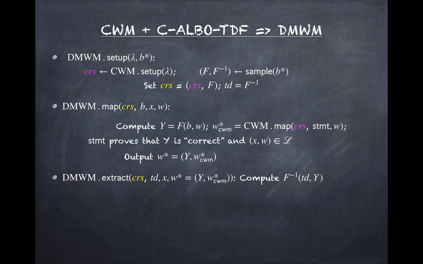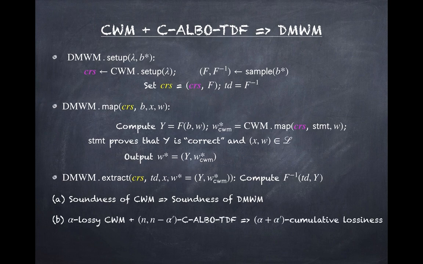And the extraction is straightforward. Given a y and a proof w star under CWM, the extraction algorithm uses the trapdoor of the LTDF to extract from Y. So it's easy to see that the soundness property of CWM translates to the soundness for the dual mode witness